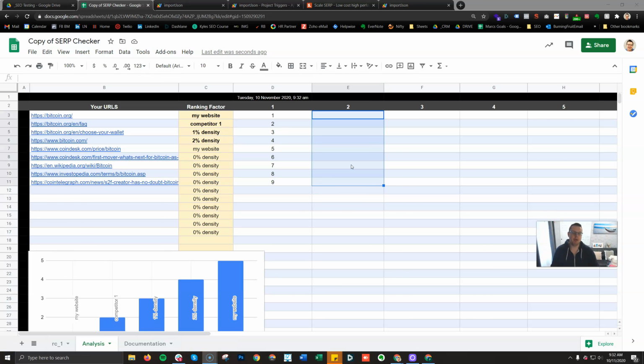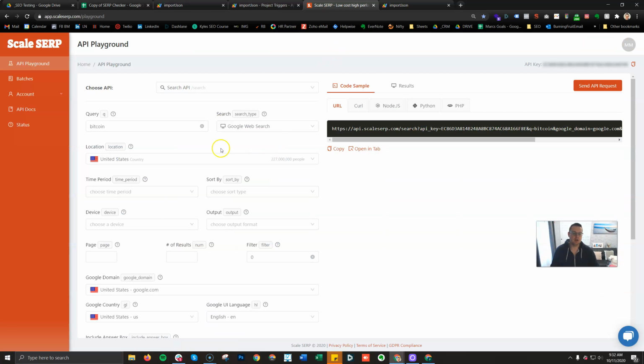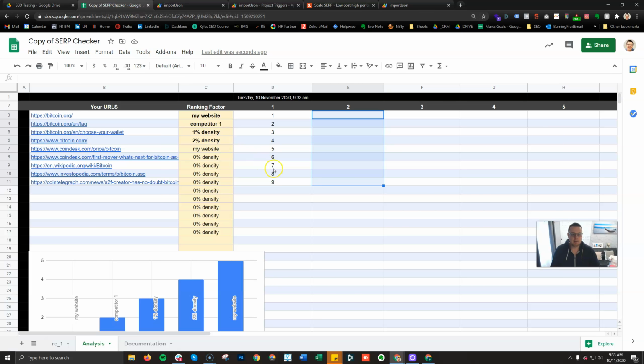So the problem that we just ran into was that we did not specify in ScaleSERP the location we're searching from. It appears that ScaleSERP sometimes goes out and then searches from a random location, which is pretty bad for accuracy because it returned Italian search results to us. So I guess always make sure to select a location for you as well that makes sense, is the takeaway here. But apart from that,